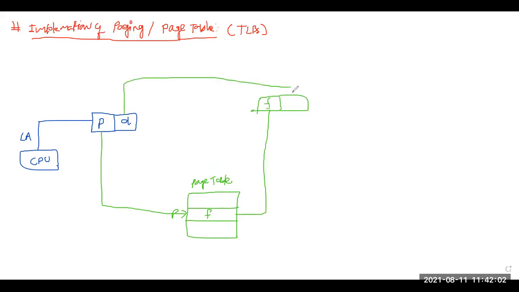And this offset address will be the same, it will be copied. Now combining these two, this frame number and offset address will give us a physical address. Now this physical address basically refers to the main memory. So this is the technique of paging, this is my main memory. Fine, this is called paging. Paging means how we are translating the logical address to the physical address, or how we are accessing the physical address. Now there is a problem here.